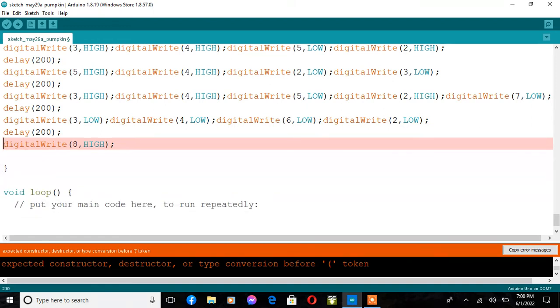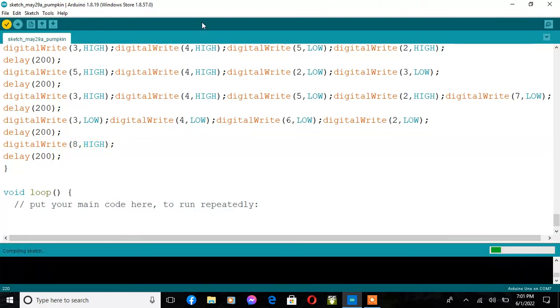So I have that at the end now. Like I said, you need to have that at the end, or Arduino will not recognize that the program needs to stop. And then I'm going to put a delay. Sorry. I'm going to put the delay at, again, just probably 200. It doesn't really matter. So 200, then the colon slash, and then we're going to verify, and hopefully there won't be any error messages